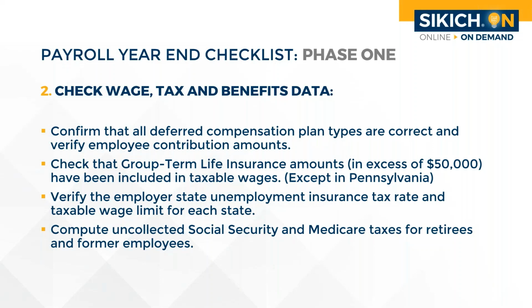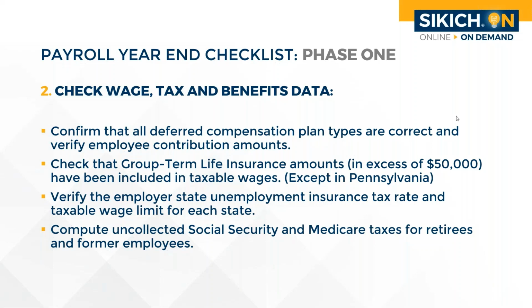And we can talk about allocations separately, but if you have tips that are allocated at the end of the year and the employee may not have enough net pay to cover their Social Security and Medicare, the IRS does make allowances for those amounts to be posted onto the W-2,